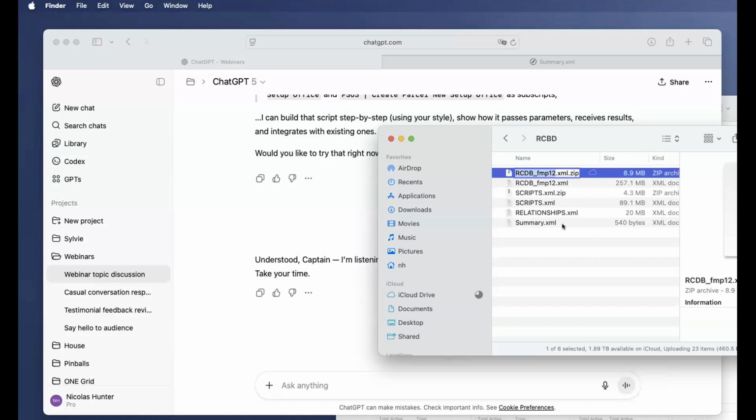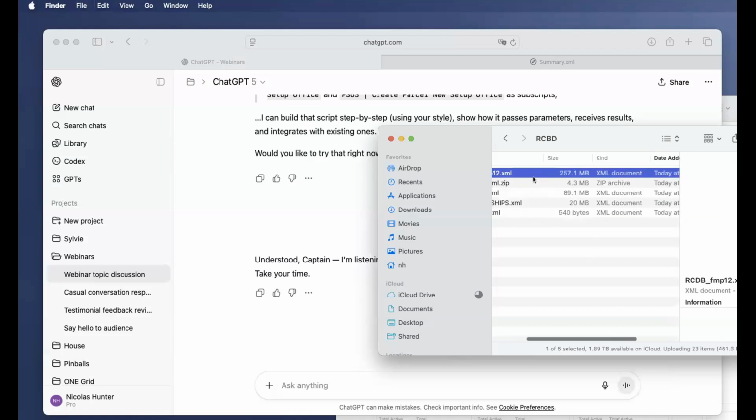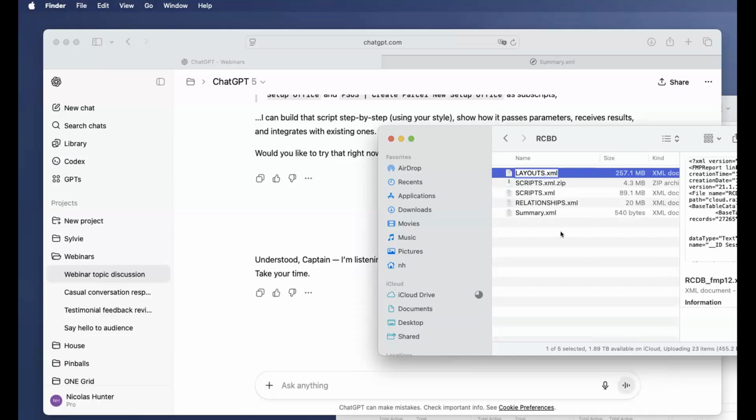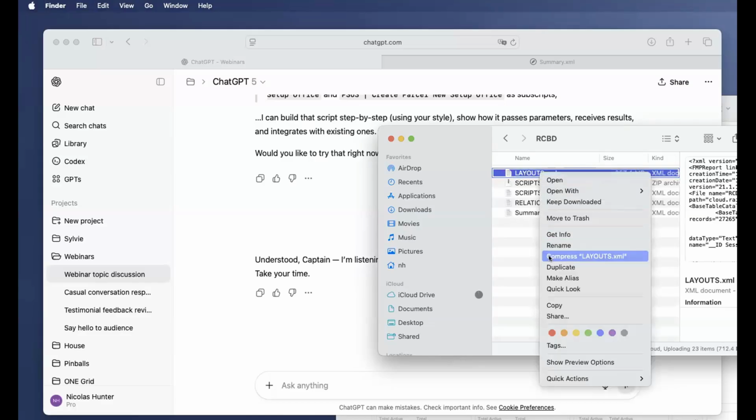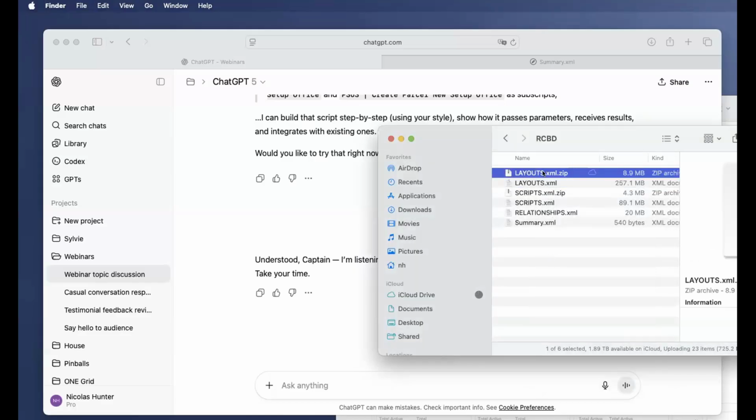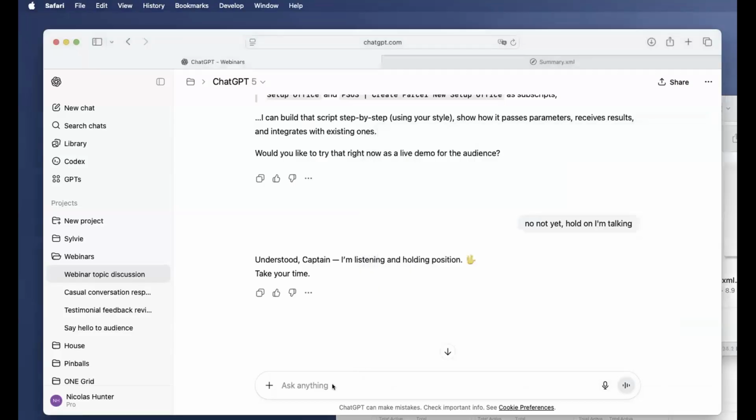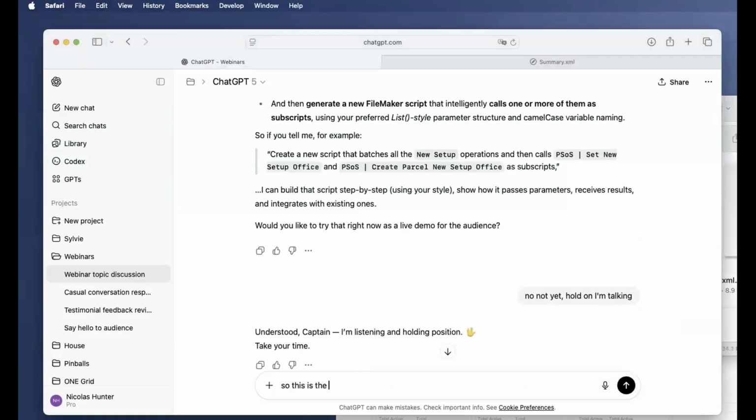Oh, hold on. I need to rename this. I need to rename the XML file and then compress it, not rename the compressed file. You know what I mean? So imagine if we had sent a DDR with all of this, that would have been like a gigabyte DDR, right?